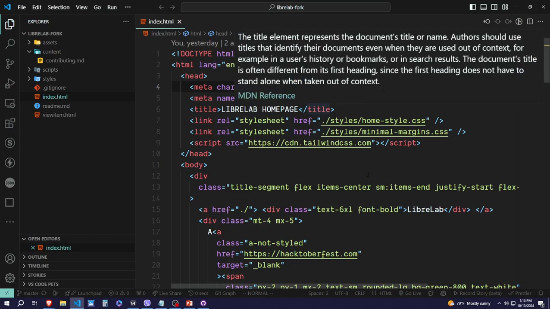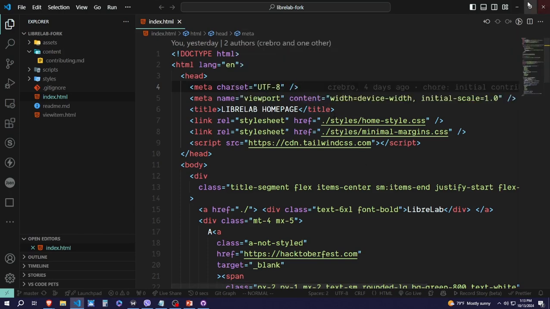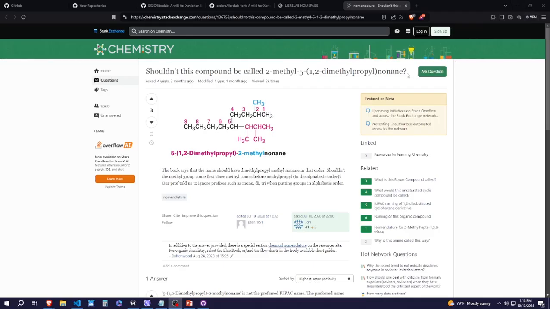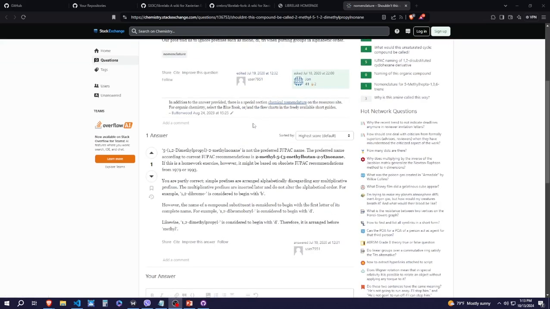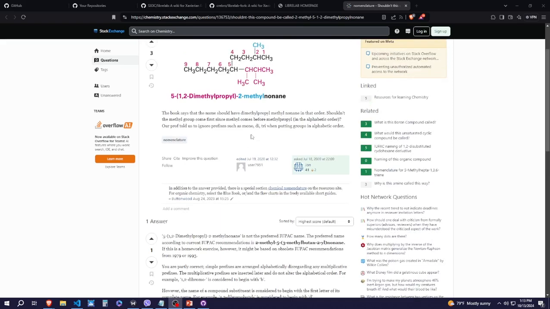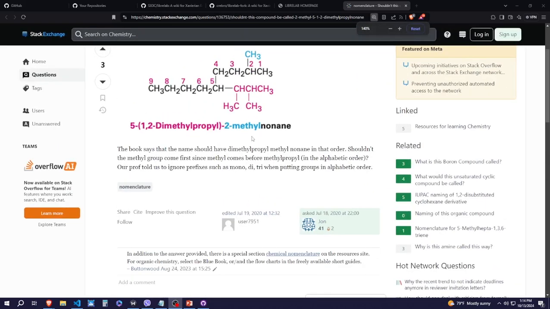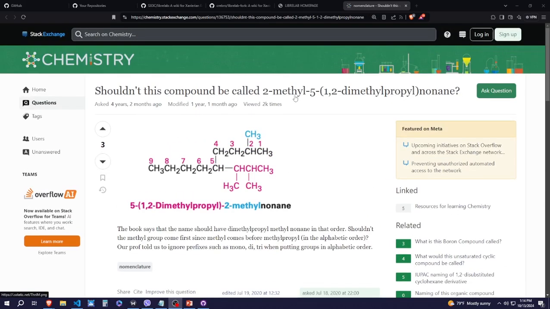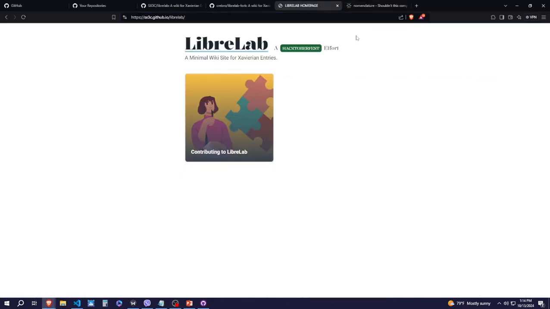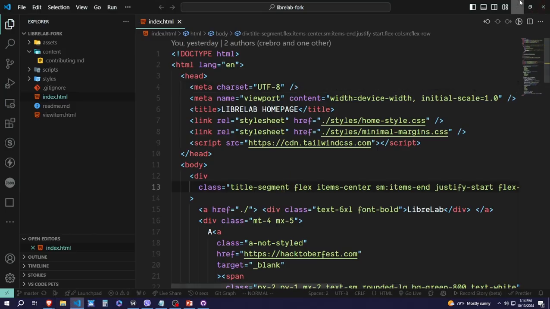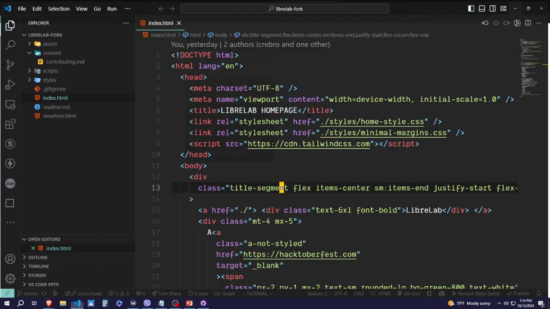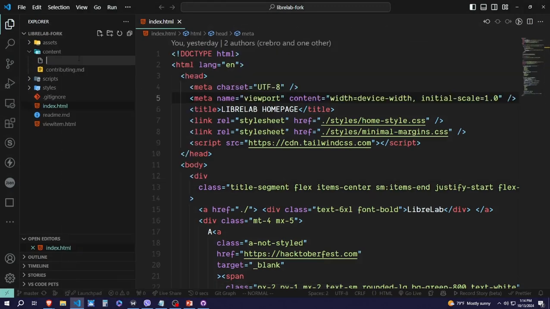Let's just say that I have found this IUPAC naming convention quirk, and I feel like maybe this is something that everyone should know, and this is something that is crucial and may come in handy. Now, maybe I want to include this in my article on LibreLab. So what I'll do in order to add that and contribute that to LibreLab is I will create a new